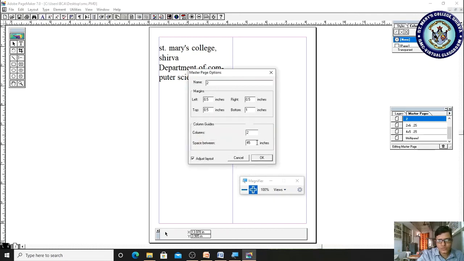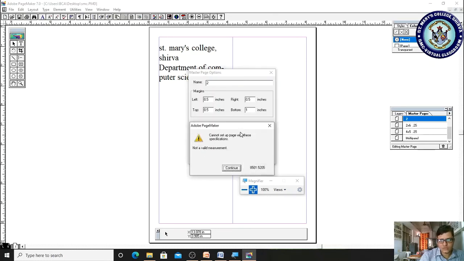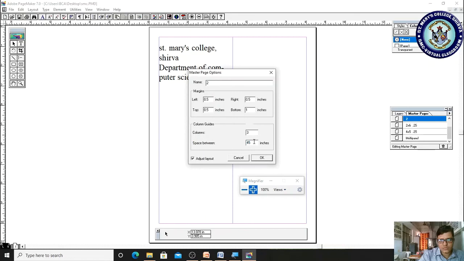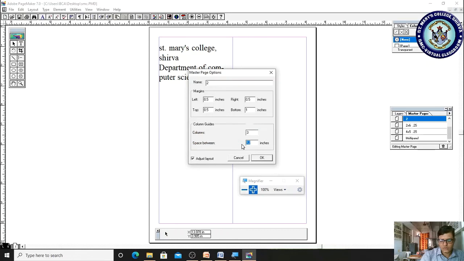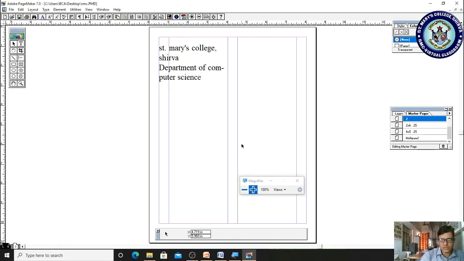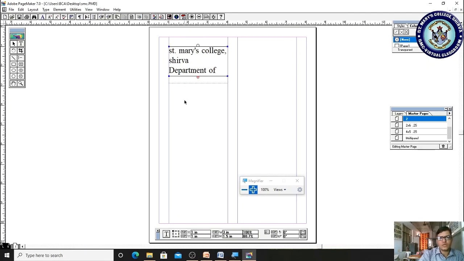So for the number of columns, let me take 3. Not that measurement, it is 12, 9, 3. Yes, now it is possible. Now you have to fit your content within this column.